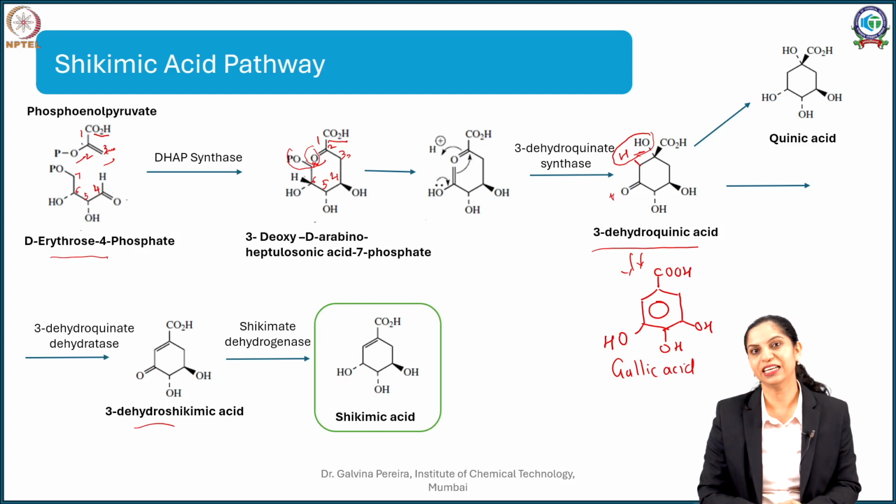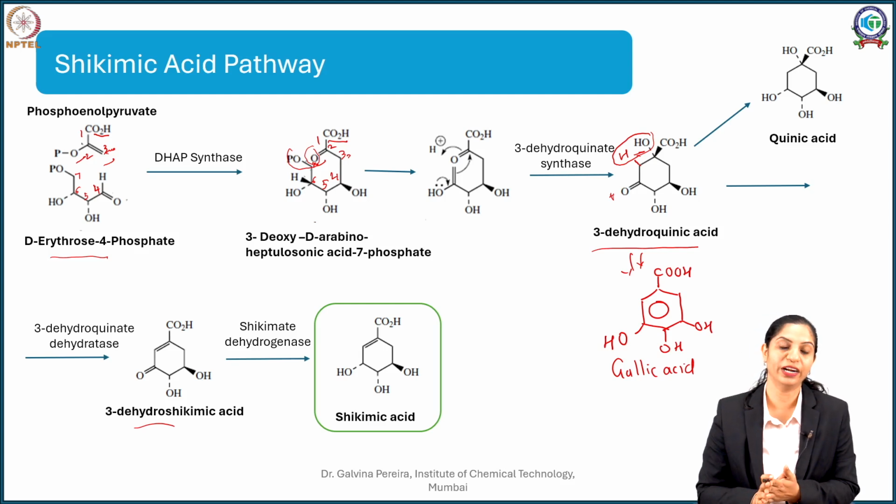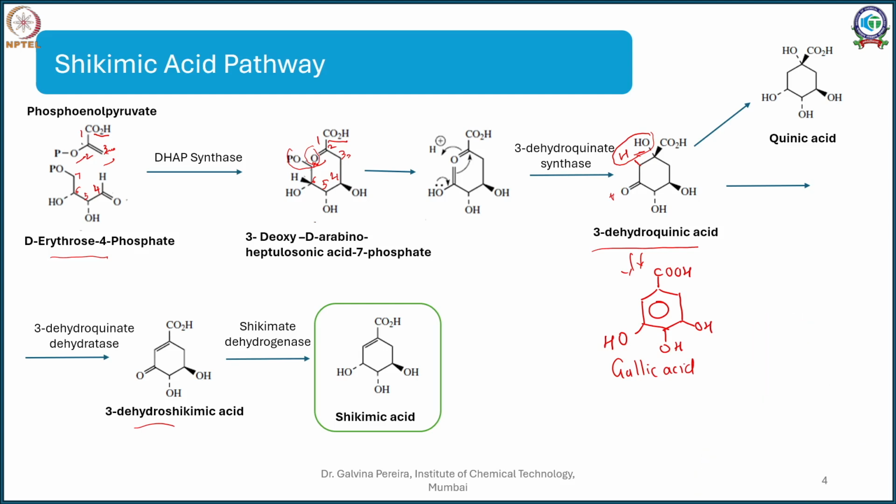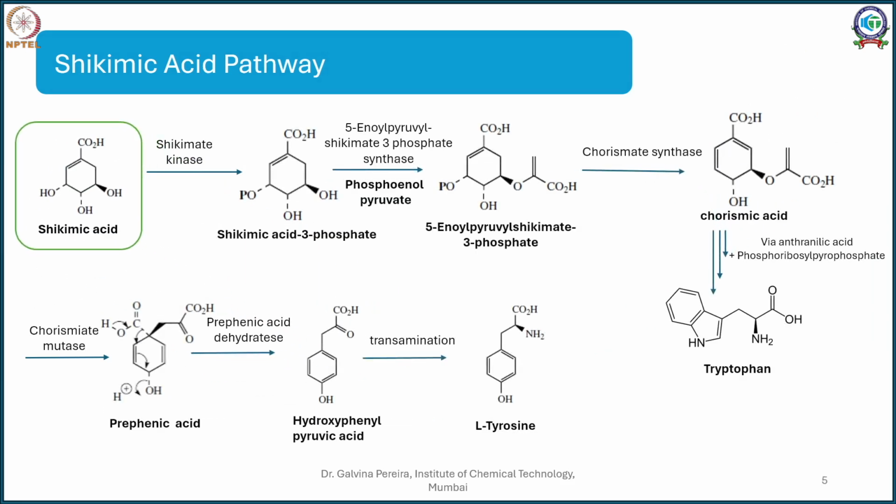So this shikimic acid is a marker for plants or for organisms in which this biosynthetic pathway exists. Now this shikimic acid pathway doesn't stop here. It goes ahead to produce numerous amino acids that we discuss. So let's see them. So this shikimic acid undergoes what is called a phosphorylation reaction at the 3rd position. So this is the first, second and we call it the 3rd position. So it undergoes phosphorylation at the 3rd position to give you shikimic acid 3-phosphate in the presence of